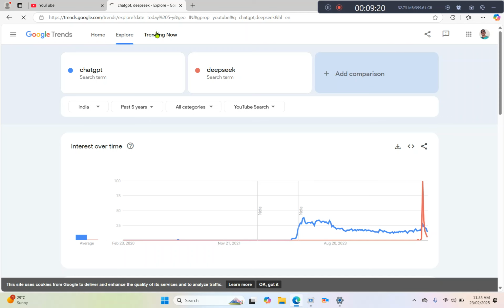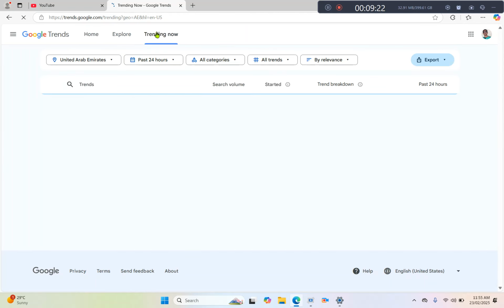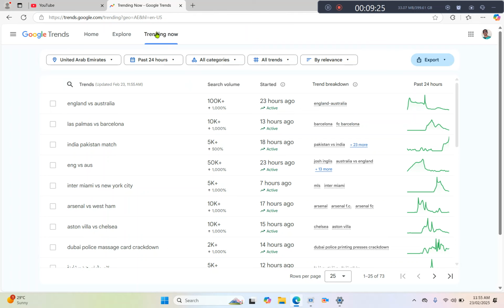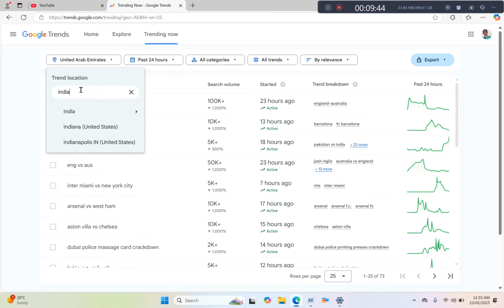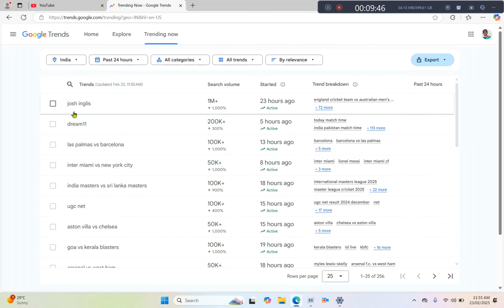Now click the trending now option. You can search a general term, what is the trending topic currently in the region which you have selected. Now it's going on England with Australia. Let's see about India. So here also it's going on related to cricket topics only. So maybe you can create cricket content